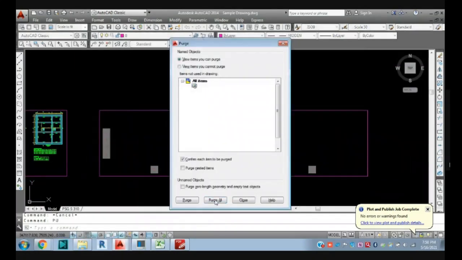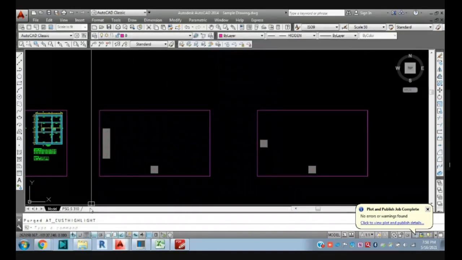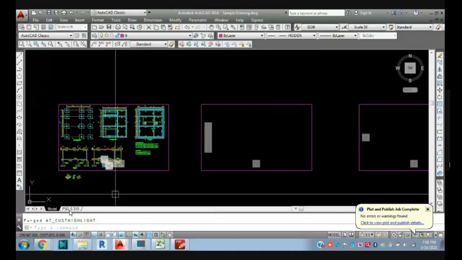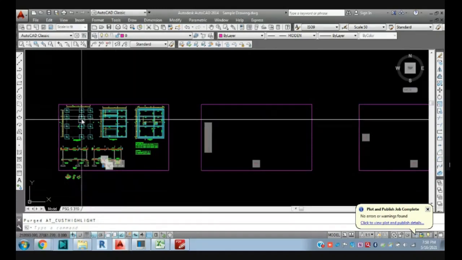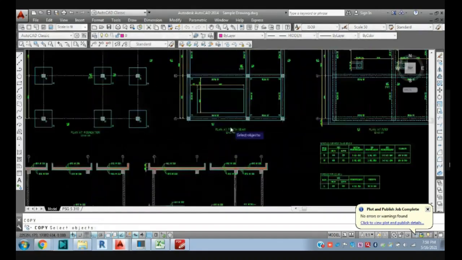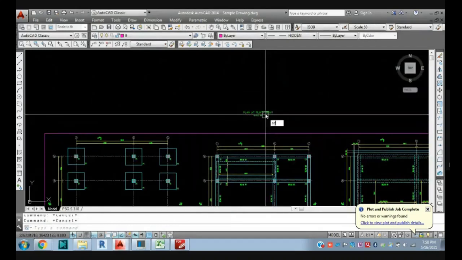So we need to create all drawings here. You can see this is my PSG 310 drawing. Just for reference, I will add a text here and give the drawing number.